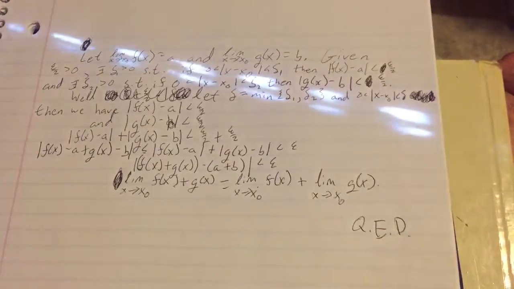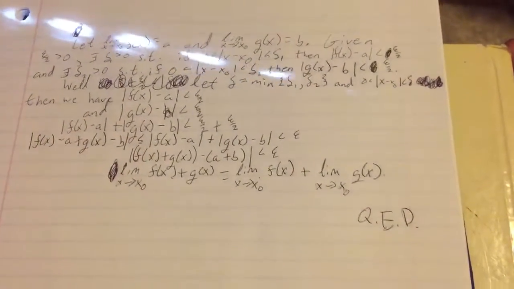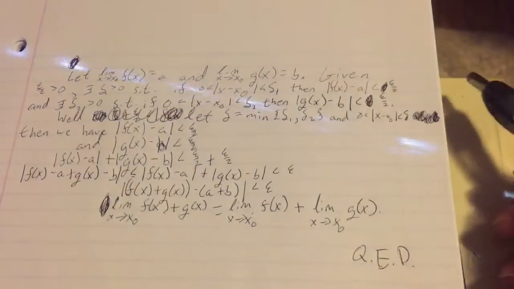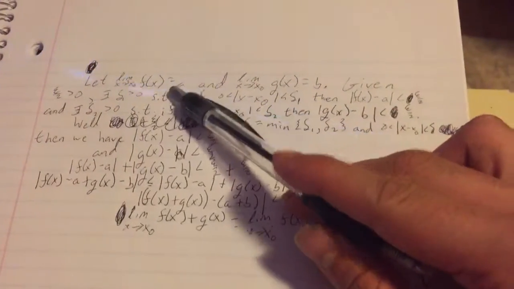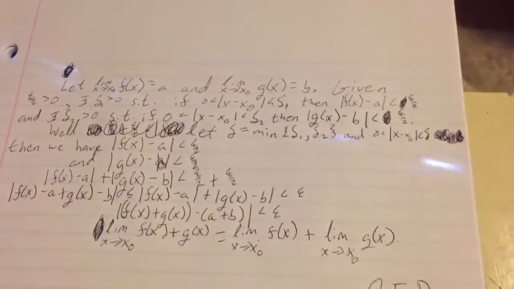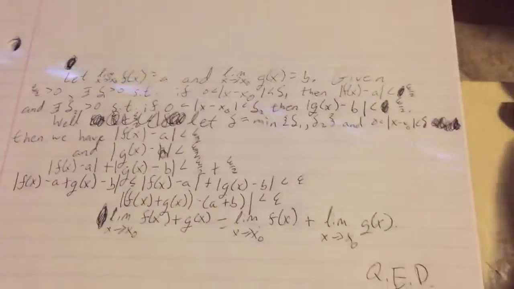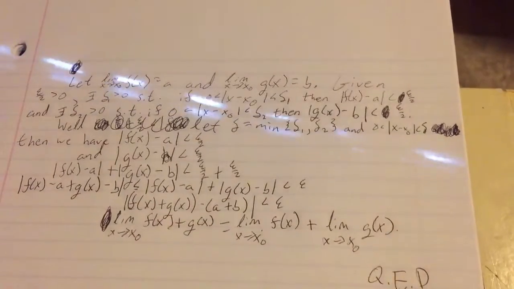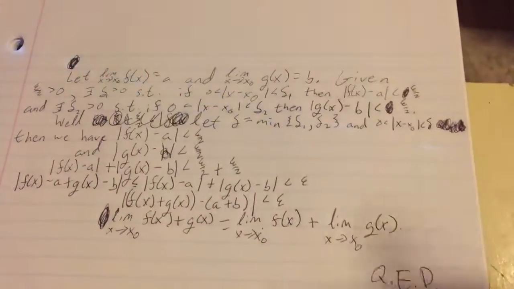This is my video proof that the limit of the sum of functions is going to be equal to the sum of those limits. All right, so we're just going to go ahead and say the limit of f of x as x goes to x naught is going to be equal to a. And similarly, we're going to do the same thing with g. We're going to have the limit as x goes to x naught of g of x is going to be